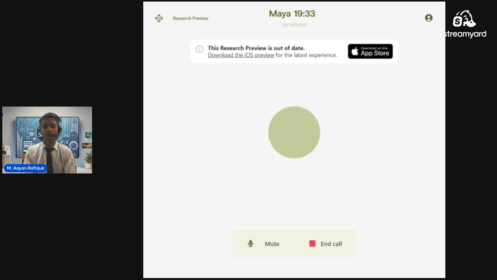CSS allows developers to create an entire visual identity. It's like the digital makeup and wardrobe for the site. It takes that